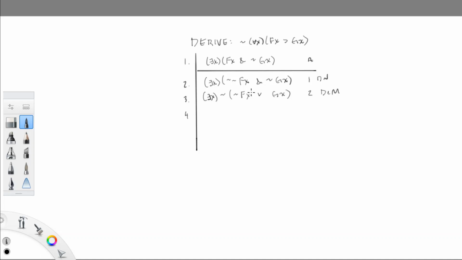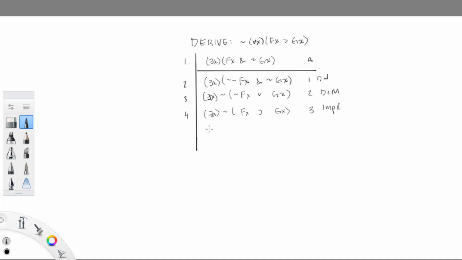The next thing we're going to do is look at this quantified expression again, between the parentheses, and we see that we have the negation of fx, wedge gx. That's input for implication. So we're not going to change anything outside the parentheses. We keep all that the same. To apply implication, we change that wedge to a horseshoe, and we drop the tilde off of the left disjunct. So we just get fx there. That's line 3,